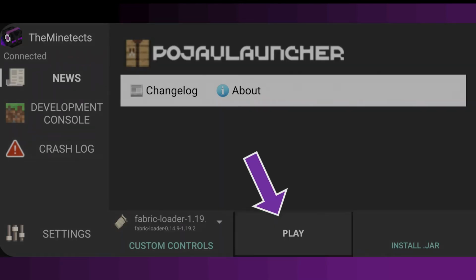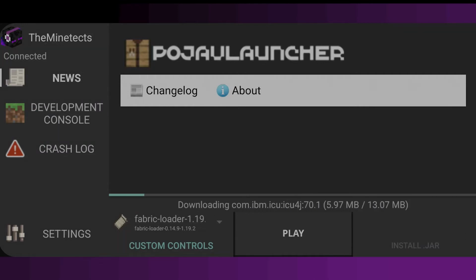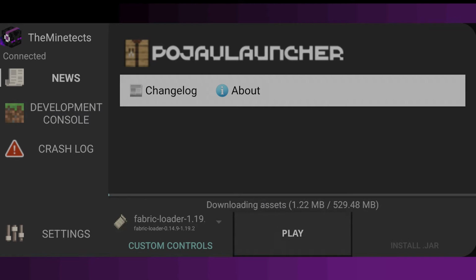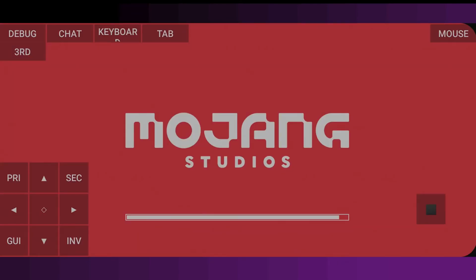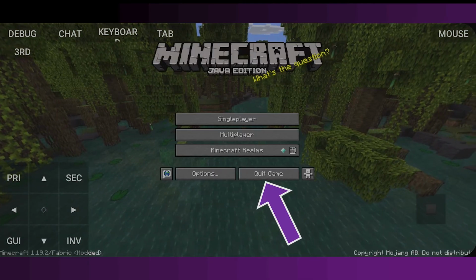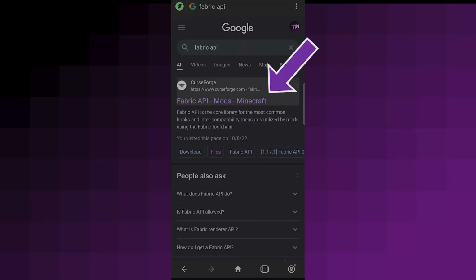Now click on Play. You can close it as soon as you are in the menu. Then we install the Fabric API and the Replay Mod.